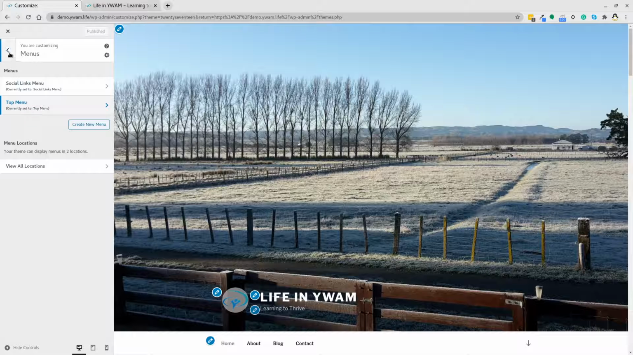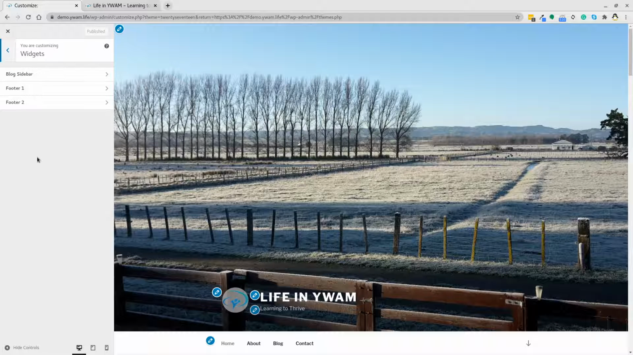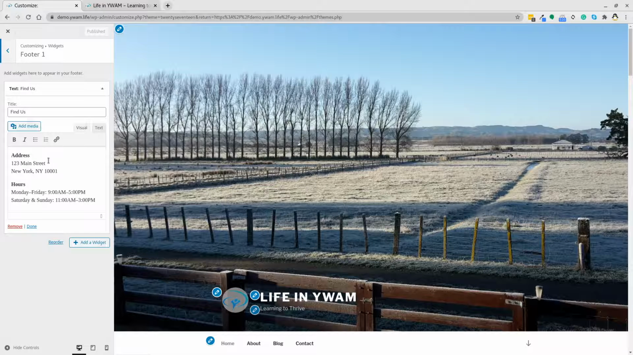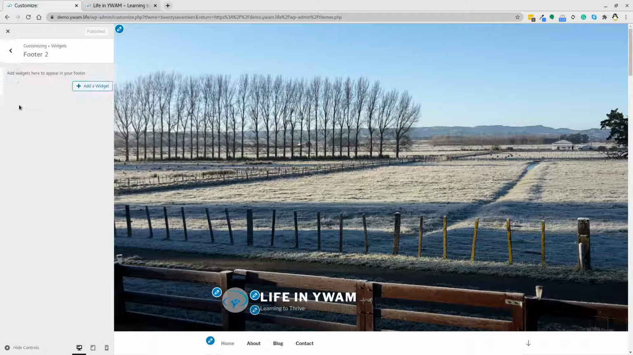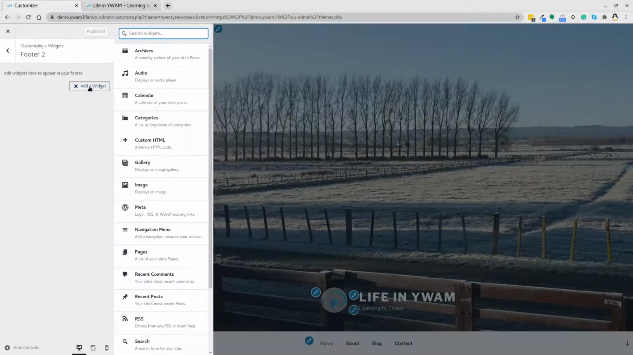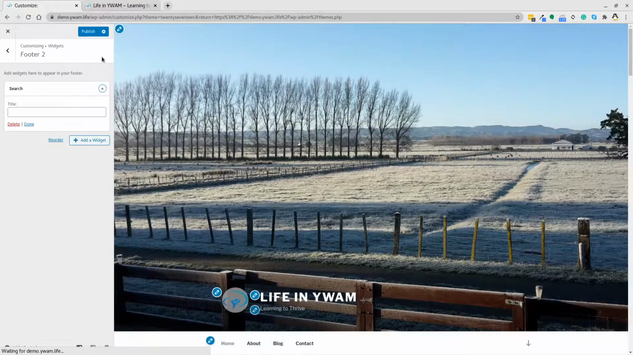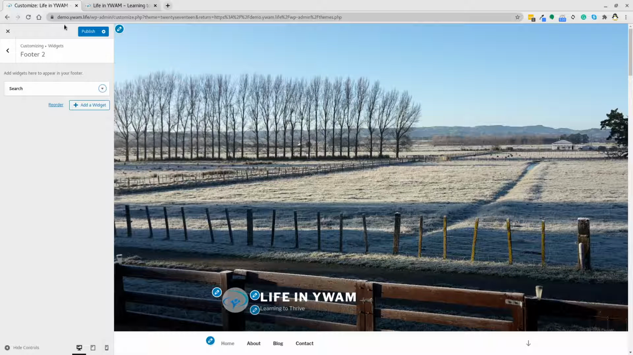Go down, out of menus, go to widgets. I generally get rid of all my sidebars. I don't want sidebar widgets, but I do want widgets in my footer. So I've got a Find Us one, which is simply a bit of information about how to find us. Obviously it's not accurate, but that's what you can put in there. And in here we don't have anything, so I would put my search in here, and done. Publish again,